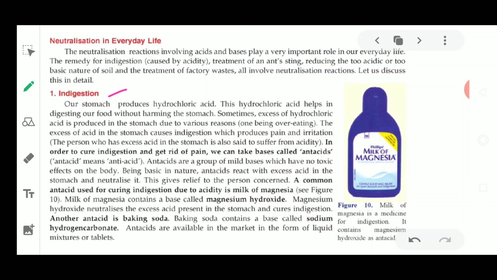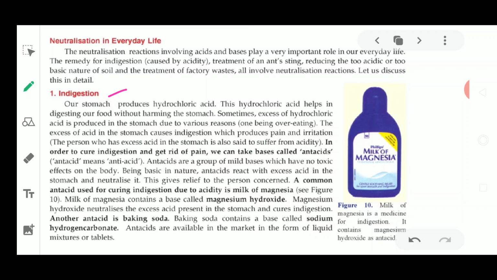I have taught you this in the second chapter of your book, nutrition in animals, where, when I was teaching digestion, I told you that inside the stomach we require this acid to be produced, since it has to kill bacteria which are present in your food. Whenever we are eating food, we are eating some bacteria also. That is for sure, because bacteria are present in all the surroundings, on each and every food material and each and every object. So it goes inside with the food.